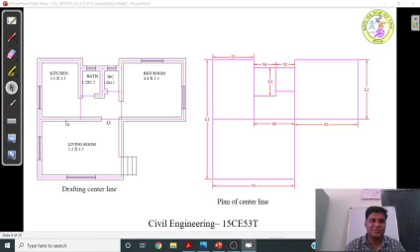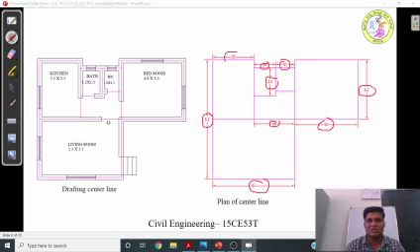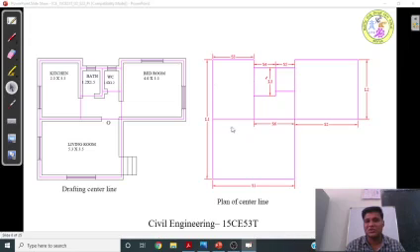So the first and foremost step, whenever you receive the plan, is that you should draw the center line in the plan. Then you have to nominate the long walls. That is, all the walls spanning in the y direction are nominated as long walls, and all the walls spanning in the x direction are short walls. S denotes short wall and Y denotes long walls. There are L1, L2, L3, three long walls and 6 short walls in this plan. And one thing you have to understand carefully is that short walls should always be considered within wall to wall. You should not take them throughout.